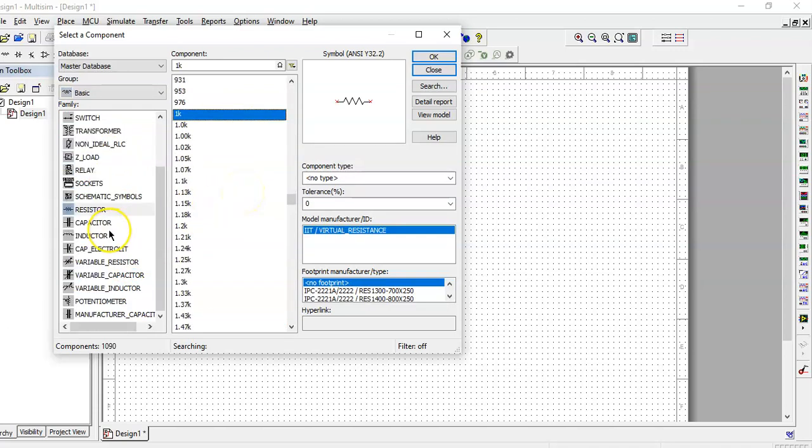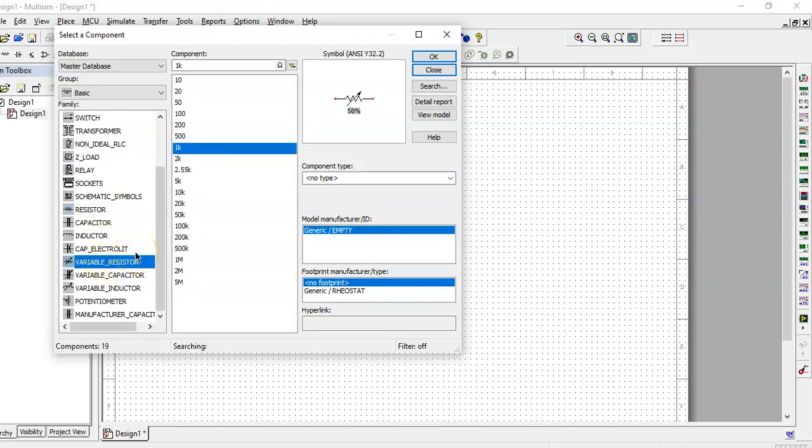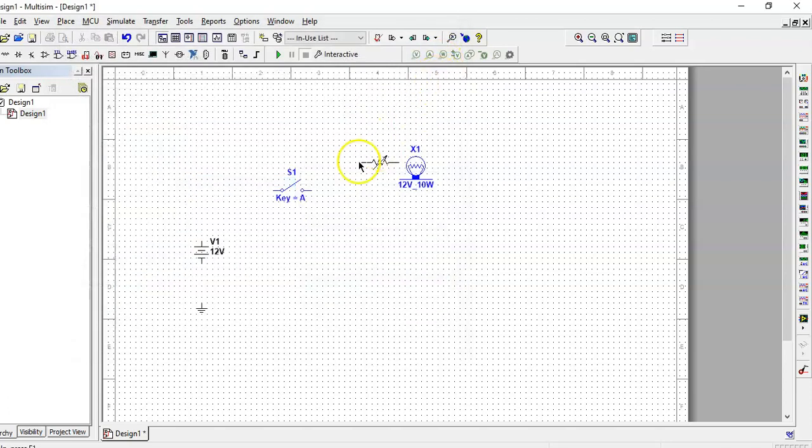And you can also find variable resistors in here. Let's do a 5K variable resistor, and I'm going to place that one here, and that's all I need for my project. Now I'm going to connect this up,